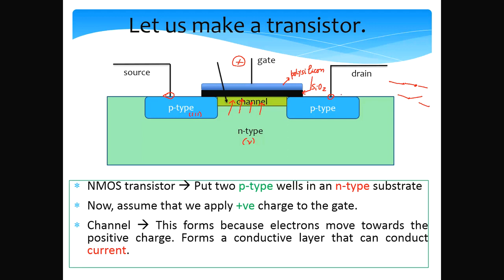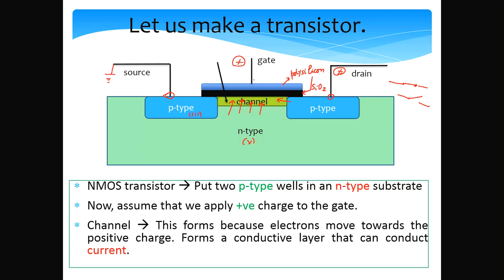And then if, let's say, we apply a positive charge at the drain and connect the source to the ground, it is possible for current to flow across the channel. The reason it is possible is that the channel has an excess of charge carriers, which can conduct current. So in this case the switch is closed.